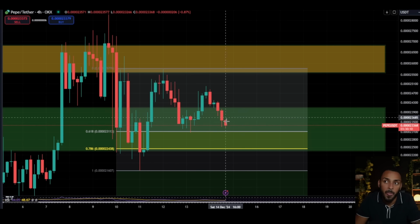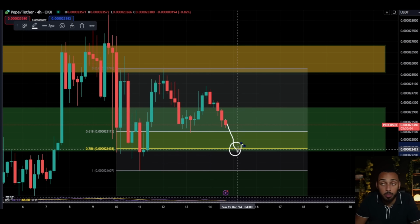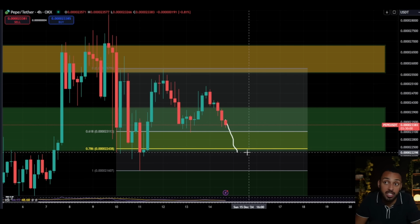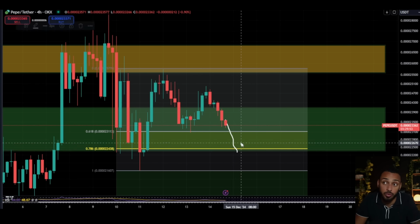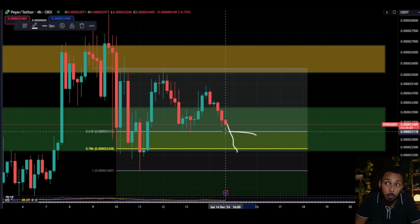And what you're going to be able to see is Pepe right now is hitting that golden zone to the bottom side. If Pepe's price is not able to use this level of support to continue upwards, but rather starts pulling towards the downside, things are probably going to start getting a little bit ugly from there. This would actually be the only chance that Pepe has. If we see it lose support at this 2.23 level it's approaching right now, the only hope it has is 2.24. Because if this entire gold box is lost and we're unable to maintain on top of or within this golden box,